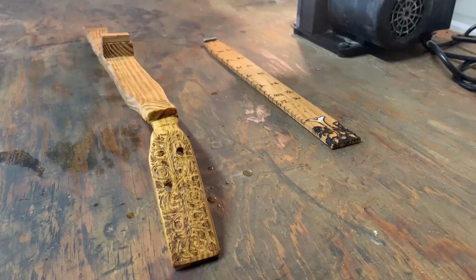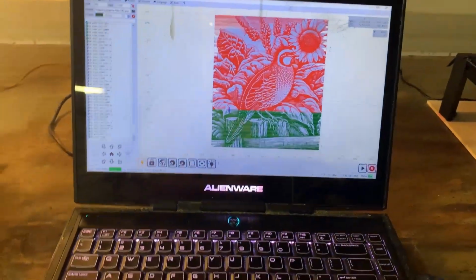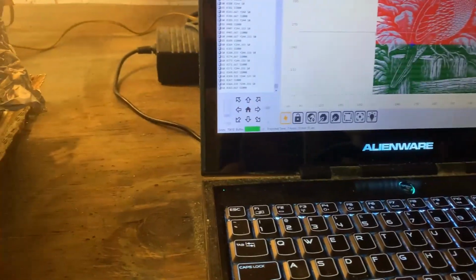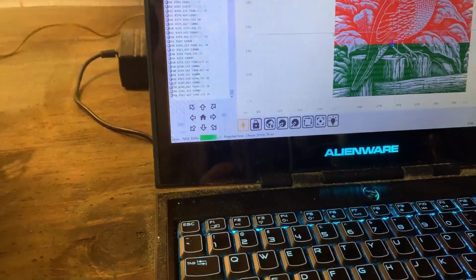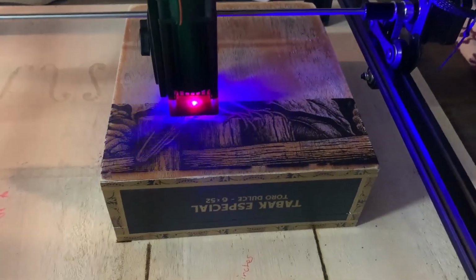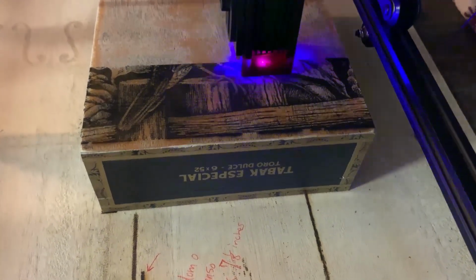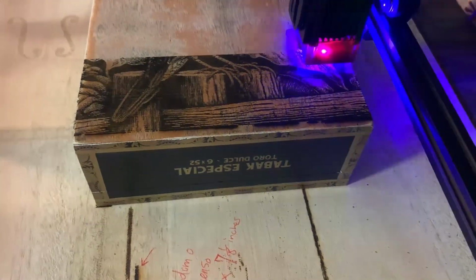While that's drying, let's begin on my laser engraver, putting on my goggles and take a look at how much progress it's made. It says it estimates being done in 2 hours and 10 minutes. I am definitely screenshotting my engraving settings. I, of course, will share that with you once the box is done. So far, it's looking absolutely beautiful.